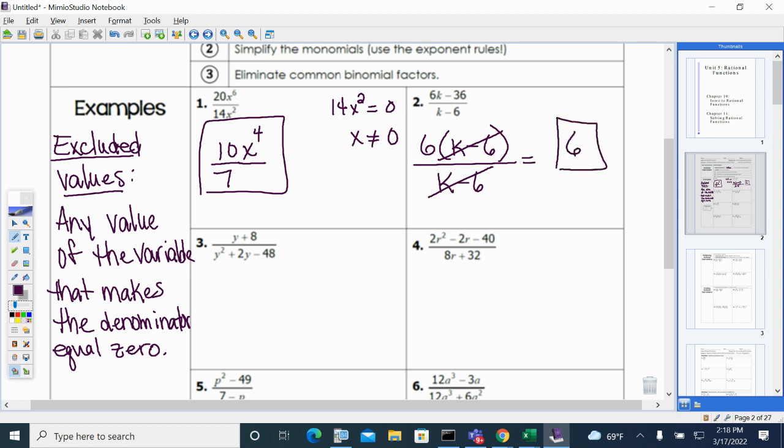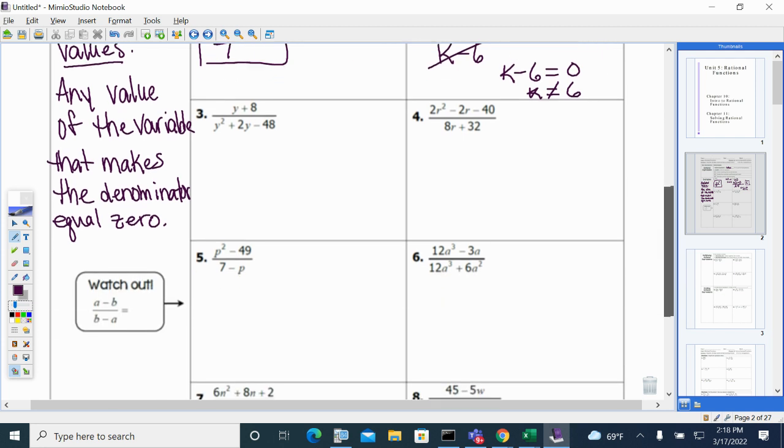And again, to focus on those excluded values, go back to the original denominator, set it equal to 0, add the 6, and that's what k is not allowed to be. So 6 is an excluded value. All right, let's keep going. Let's jump down to